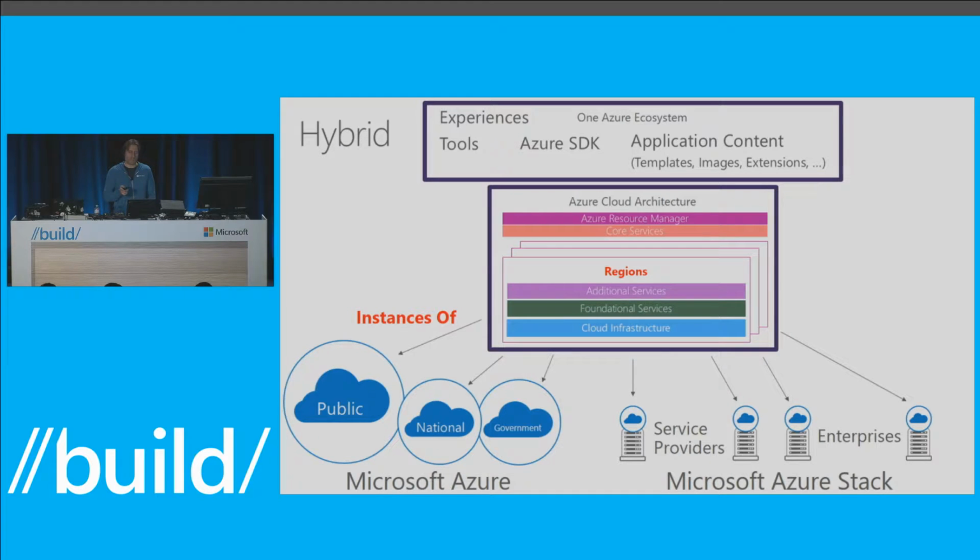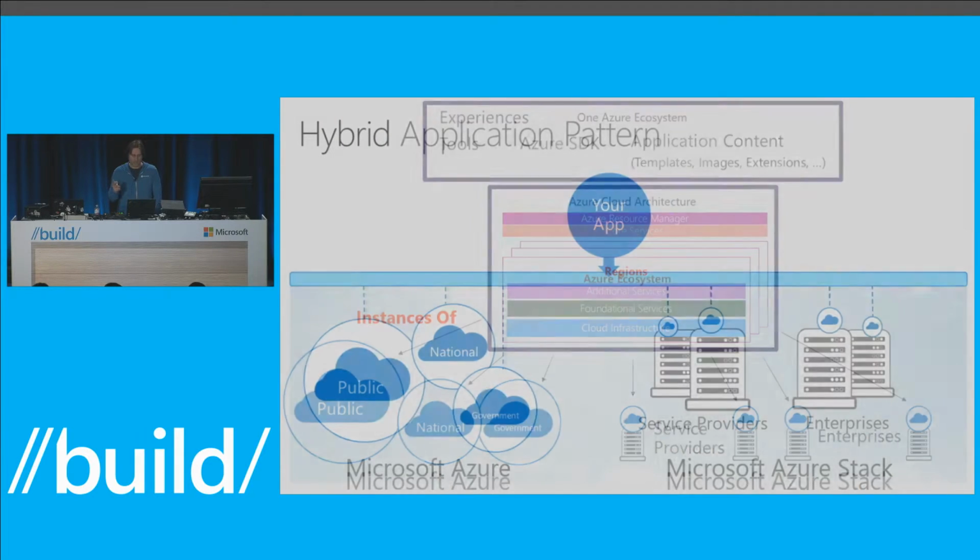It is important to note that foundational services are available in all clouds. That's a must. So they're not optional. Additional services, however, are selective. So a service provider installing Azure Stack can select their set of services to host, or can just be okay with just foundational services. We'll talk about later how you deal with that variety in the clouds. But that's important to understand and note.